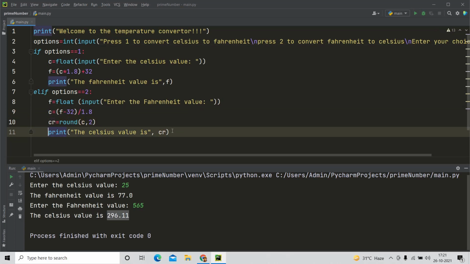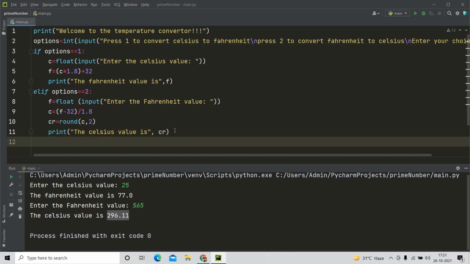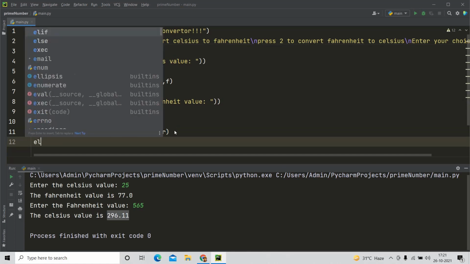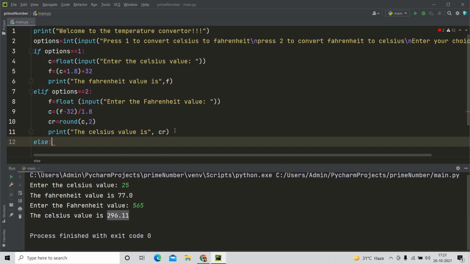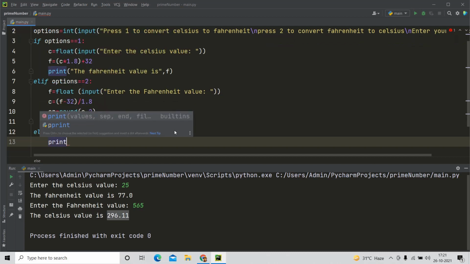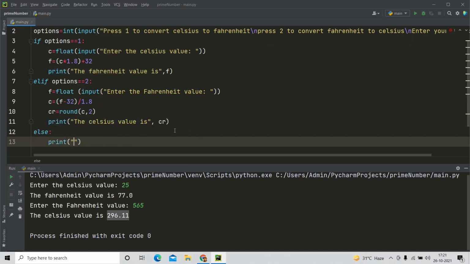So what will happen if a user presses anything other than 1 or 2? At those times, I am going to write an else statement to print press only 1 or 2. So I think this makes it more sensible.